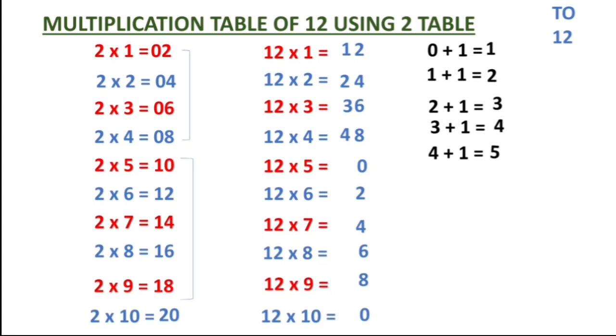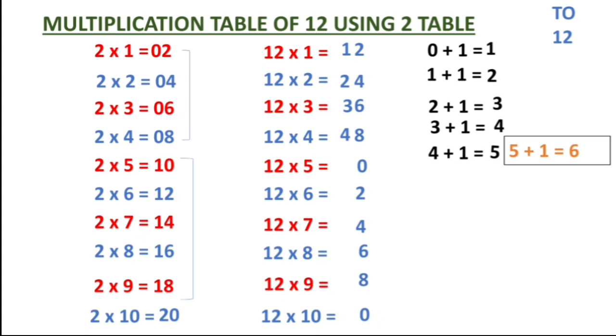The tens place is changing from 0 to 1. So what will we do? I will add plus 1 to 5 plus 1. I get 6. From 2 ones are 2 to 2 fours, the tens place was 0, so we just added plus 1 plus 1 plus 1 only. And now the number is changing from 0 to 1. The tens place is changing. Whenever the tens place changes, we will add plus 1 to the sum.